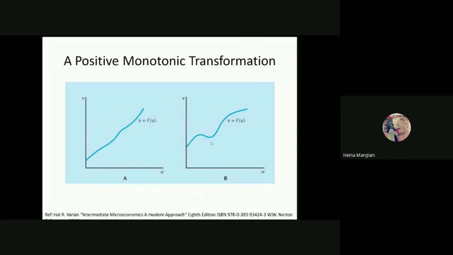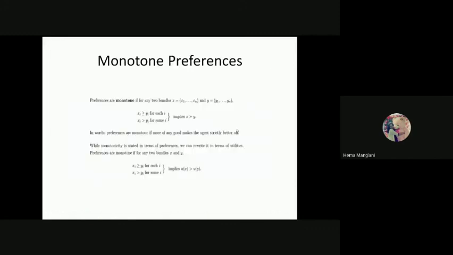So that's not possible in case of monotonic transformation. In that case, the property of the function would change. So how would you see the monotone preferences? For any two bundles, X and Y, you have been given. So axis I is basically indicating 1, 2, 3, and so on amounts. So X is revealed preferred to Y and also at least as good as.